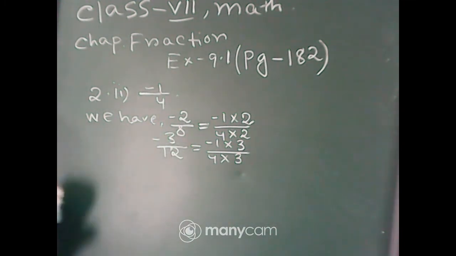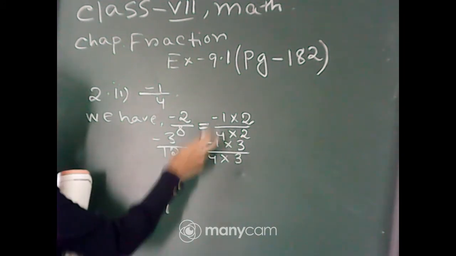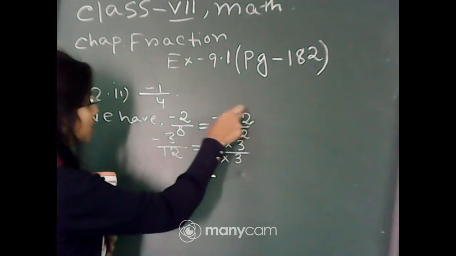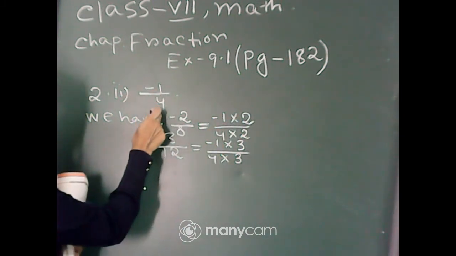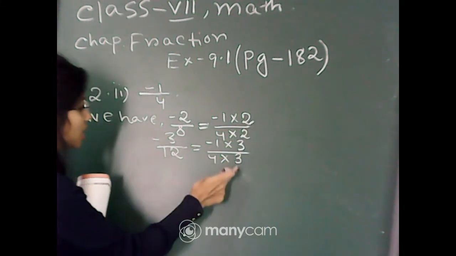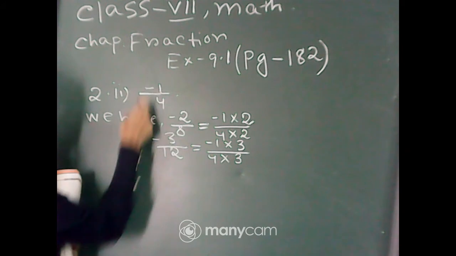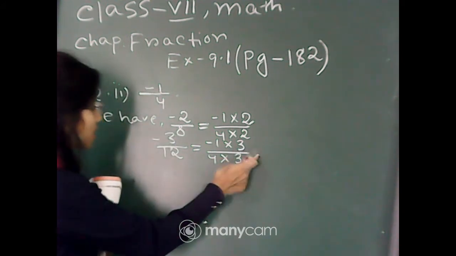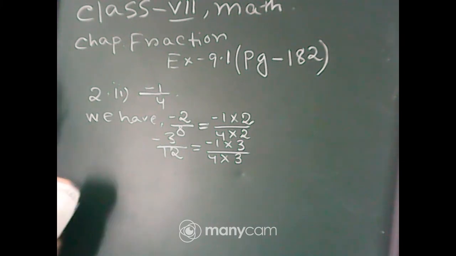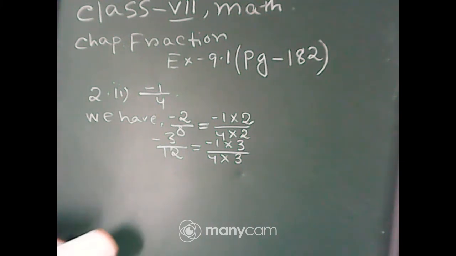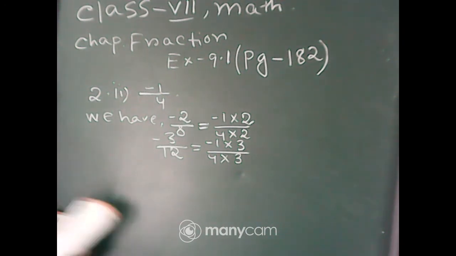So, we observe the pattern. Here we multiply both the numerator and the denominator of the rational number minus 1 by 4 by 2, and here we multiply both the numerator and the denominator by 3, and we get minus 3 divided by 12. So, we observe a pattern. Therefore, the 4 more rational numbers would be